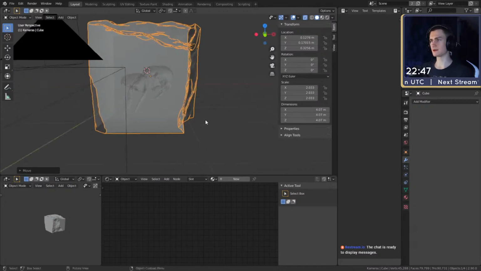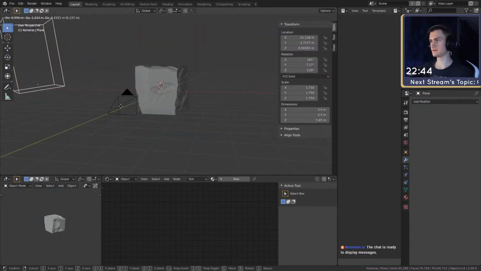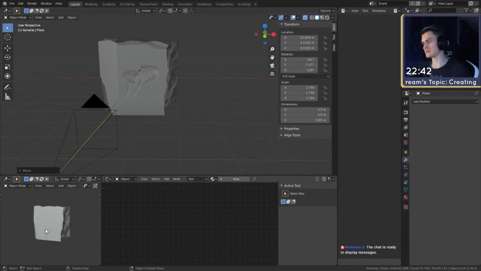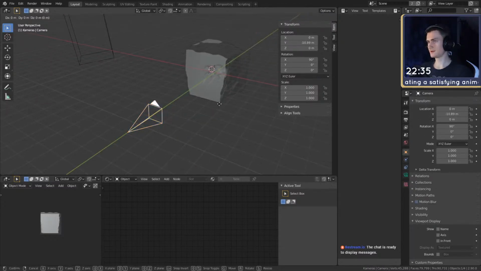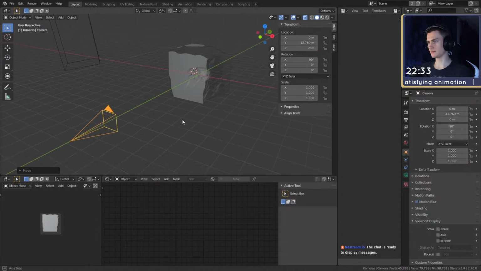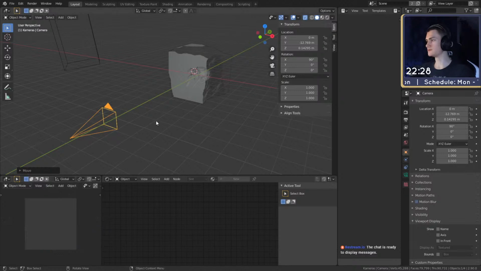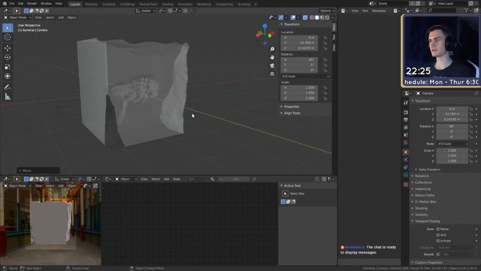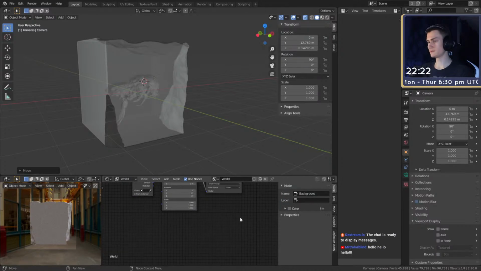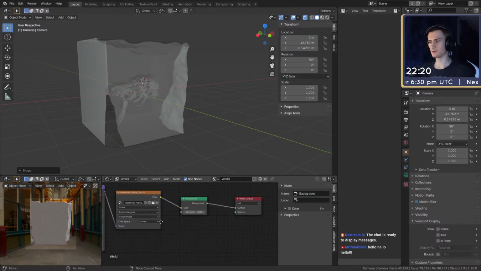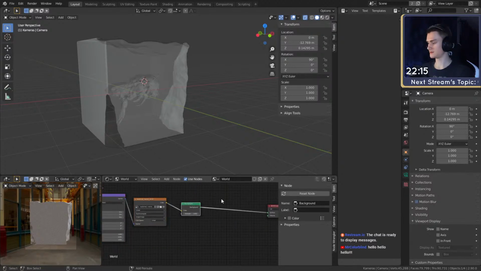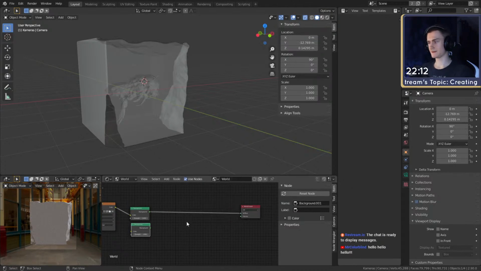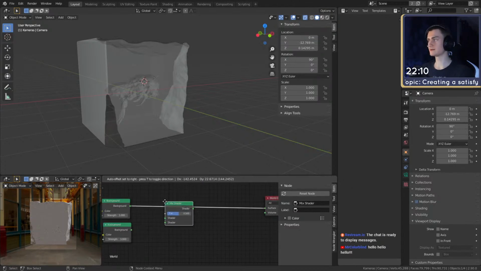Okay. So now comes the interesting part. Let's move this to the side so it's not in frame. Let's say camera view. And we move this over. I mean, a little bit further back. And so we have this nice shot. Go to rendered view just to see. Of course, we haven't done anything yet. What I want to do before we do that though is go to background. I want to add a background that is not the image. So we go in here and say shader, mix shader.